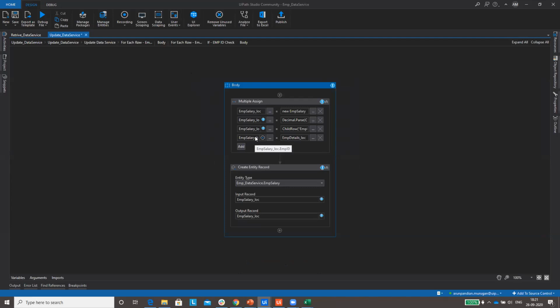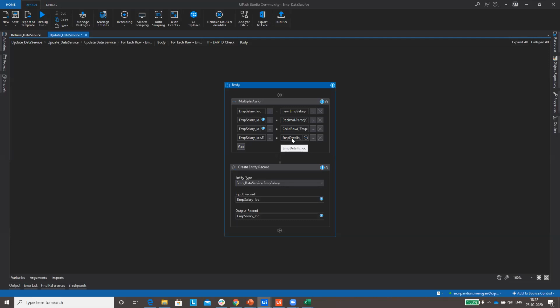Normally we pass the values we fetch from the Excel, but here we are just passing the previous object, whatever object was returned previously.